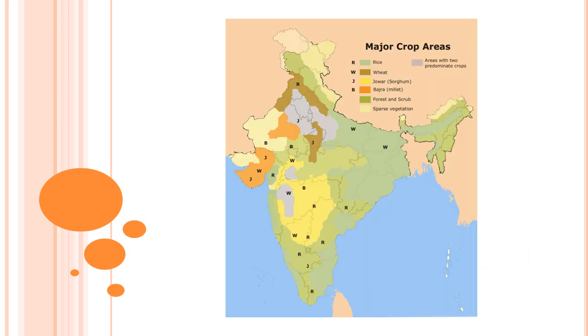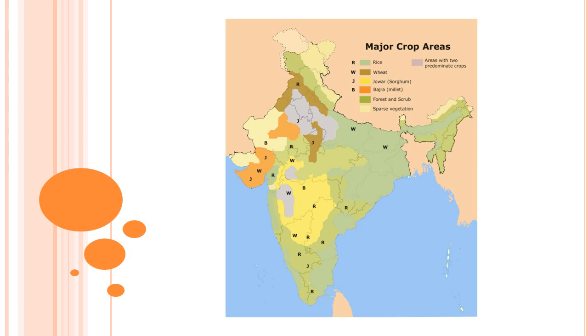Let's have a look at one more map. This is a colorful map. Let's have a look at the legend. Here, different colors are shown instead of different symbols. Let's find out the meaning of different colors. Find out what orange color, brown color, and yellow color represents. You can pause this video while doing this activity.